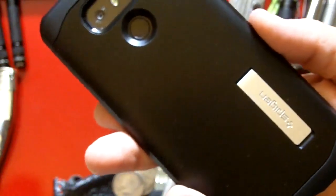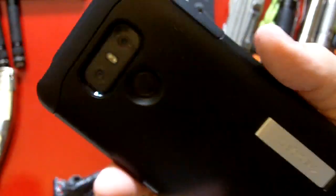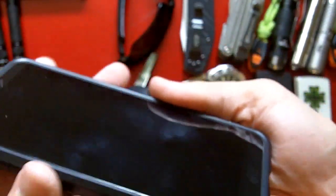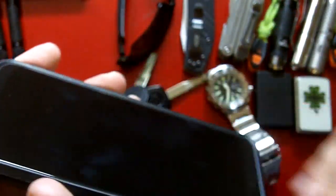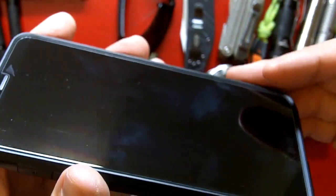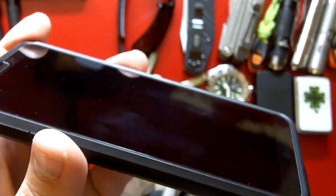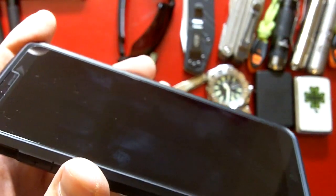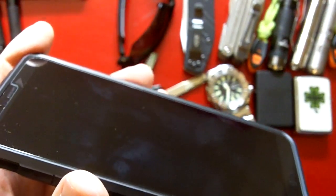If you're looking for a new phone, this isn't a phone channel, but for me this kind of thing does it, especially looking at the price. You know, again, I didn't pay a cent for this, but looking at the price it's rather reasonable. I think there's a new one, the LG G7, or there's a G30 or V30, but this line of phones,